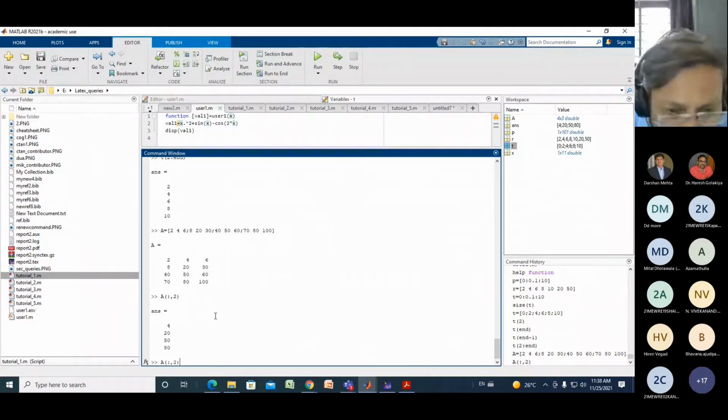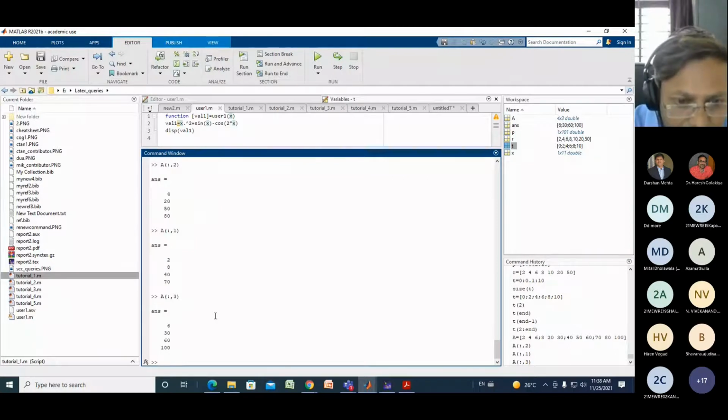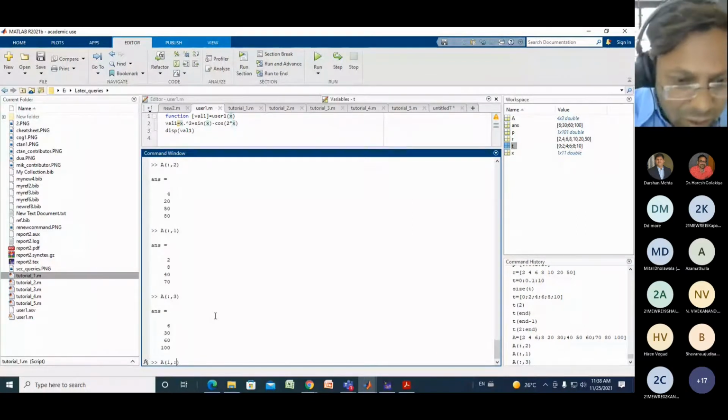For example, if you want to pick up the first column, you just write this. If you want to pick up the third, you can write a third one. Now if you do the reverse, I want to pick up only the first row, so I will write 1 comma all columns.